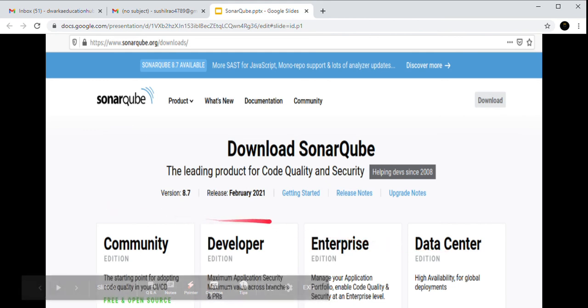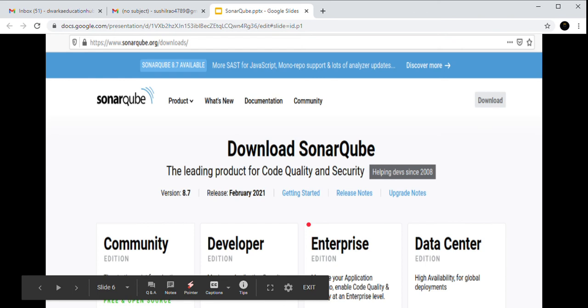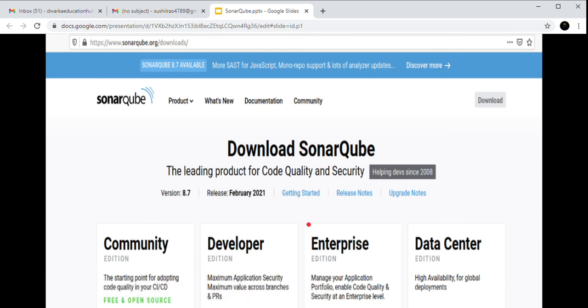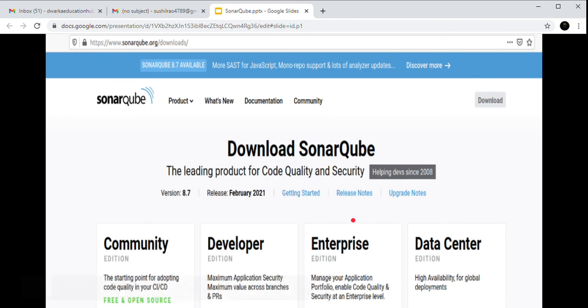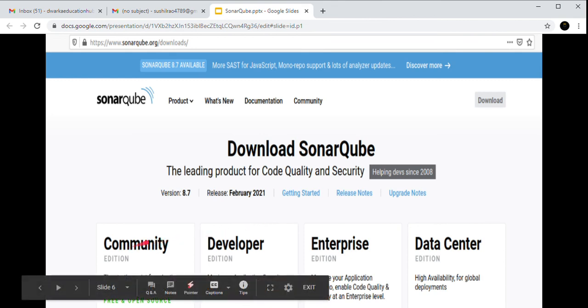Any version that you download will be the same apart from this. But in the case of the enterprise version, you have big teams and big projects, so if you need to configure multiple servers for SonarQube, that will be helpful for you. I will not move on to the enterprise architecture right now. In the next session, when we complete this entire Sonar topic, we will come to the enterprise part. So let's come to the community version.